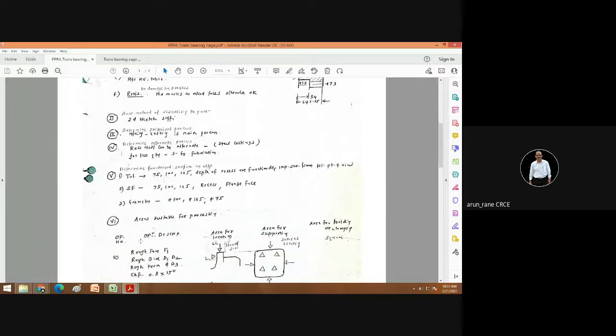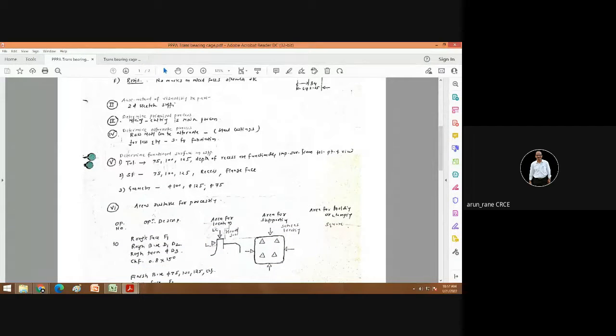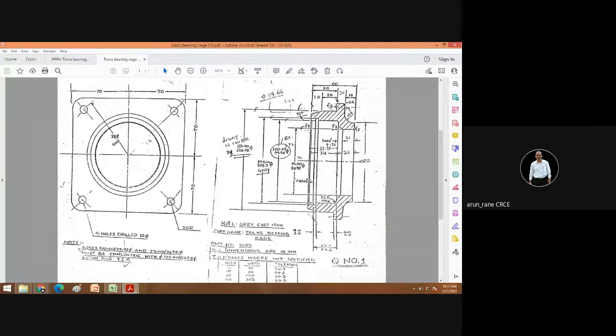The next step is to determine the functionally important surface on the workpiece. You have to determine it based on the tolerance, surface finish and geometry. So 75, 100 and 125. These are the functionally important surfaces from the tolerance point of view. You need to write 75, 100, 125. See 100, the tolerance is 0.02.